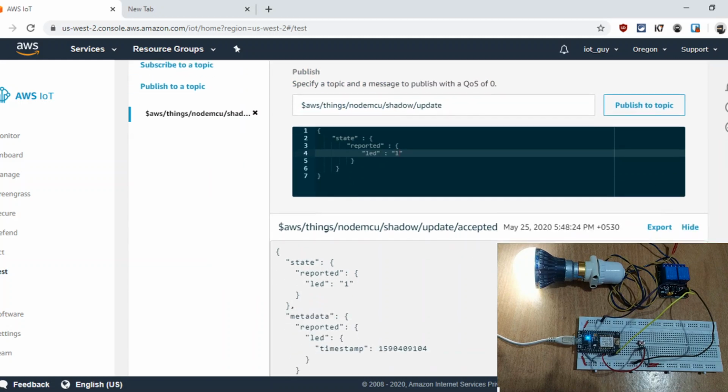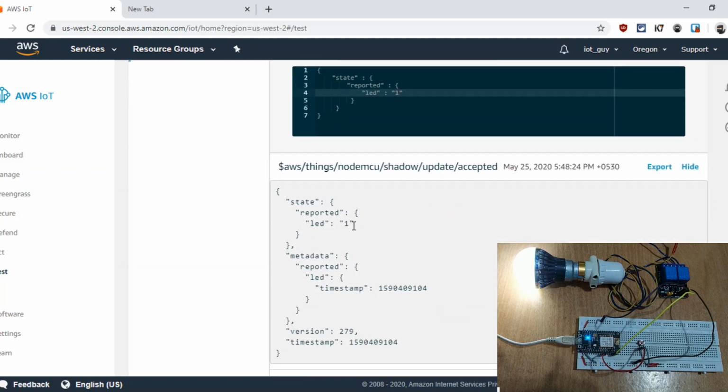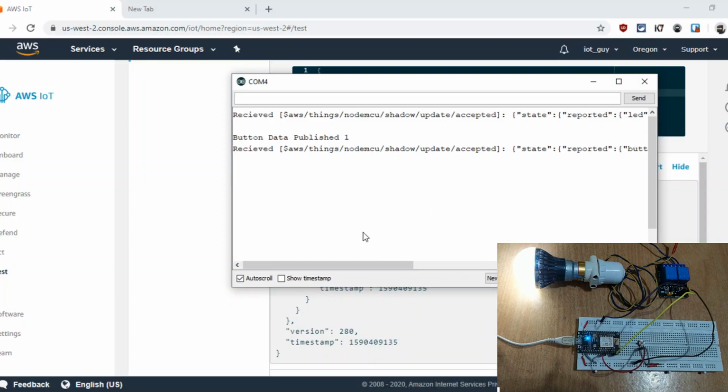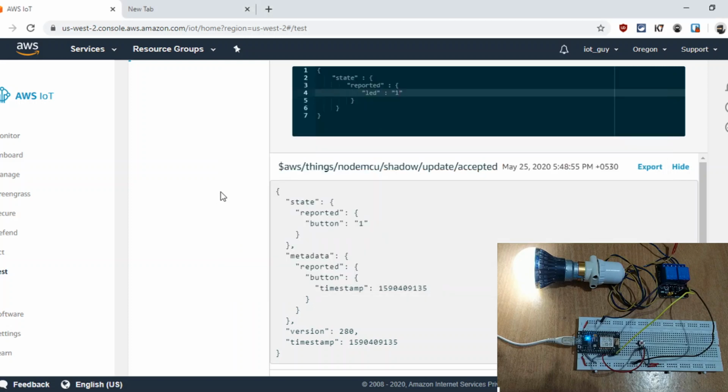and we will receive it on this MQTT client. Here is the received message right now, LED 1. Now as I click this first time, we receive button value as 1. Fine. You can also see here in this serial monitor of Arduino IDE. So the data received is 1 here,